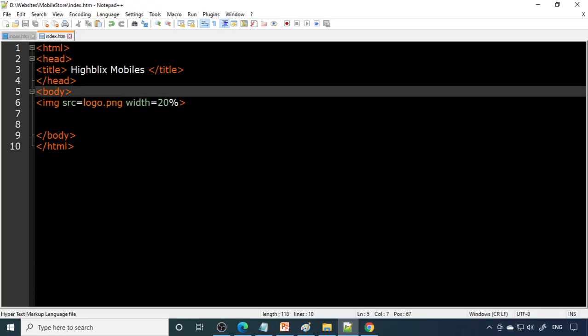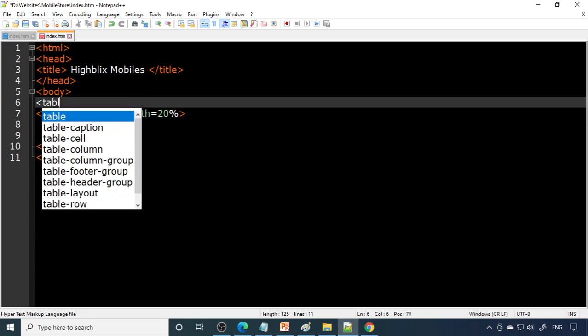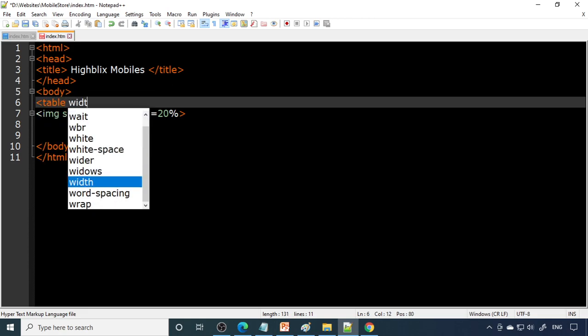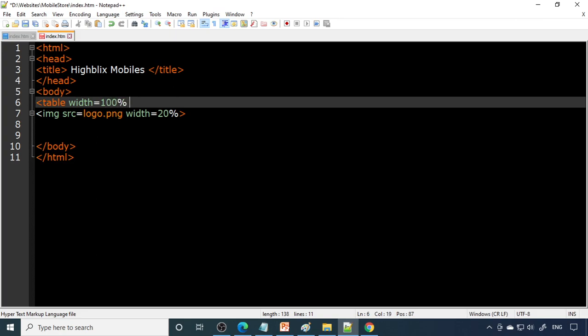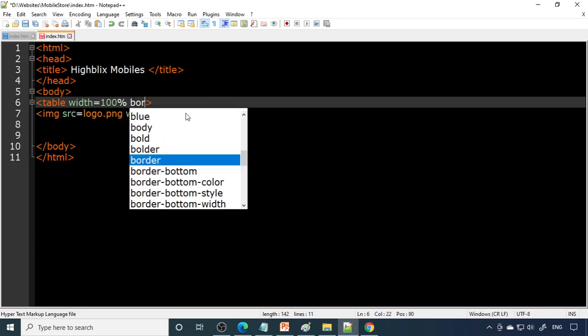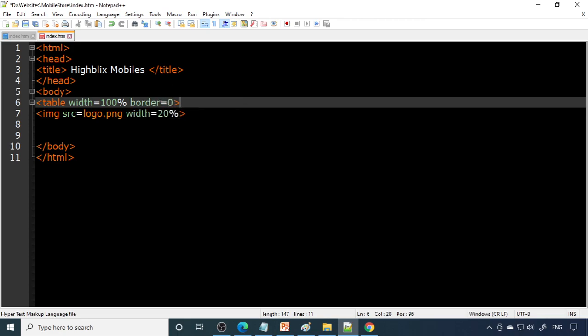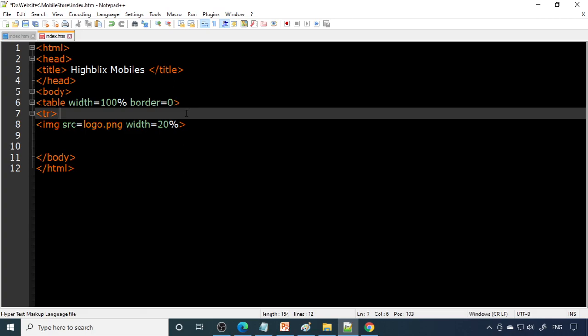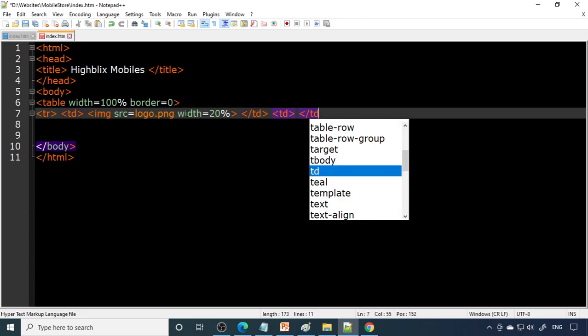Right. Below that, probably we can have one line, or what we can do is have a navigation here itself, on the right side. If you want navigation icons on the right side, then we'll keep this inside a table. So table tag width equal to 100%, border we don't want any border, equal to 0. And then we'll say tr, then td. So this is the first td, then slash td. Then you can have one more td here and then slash td.